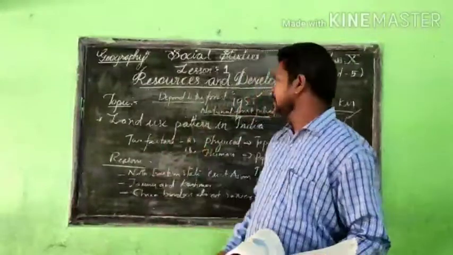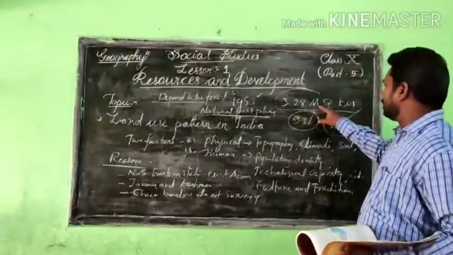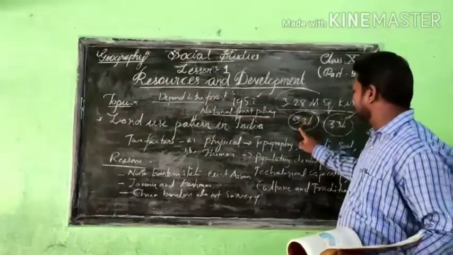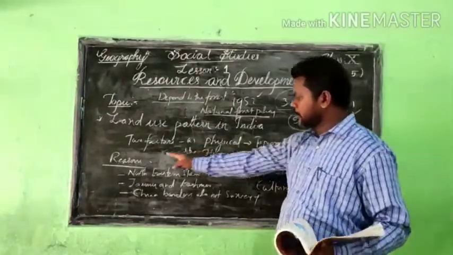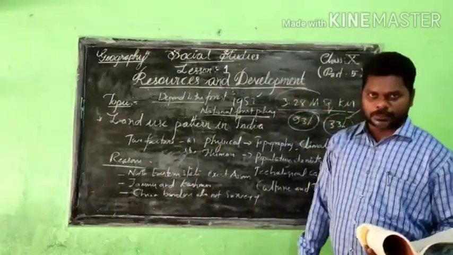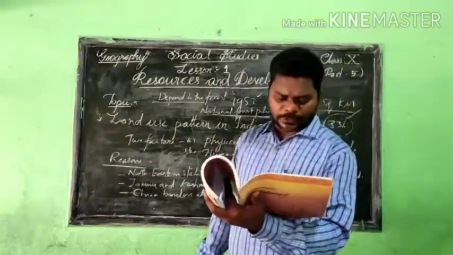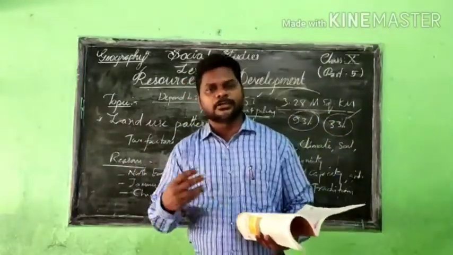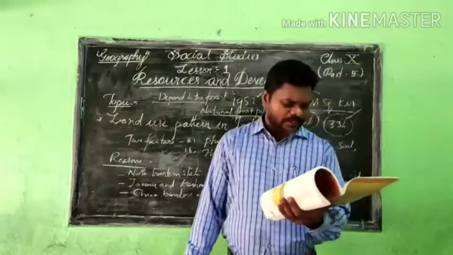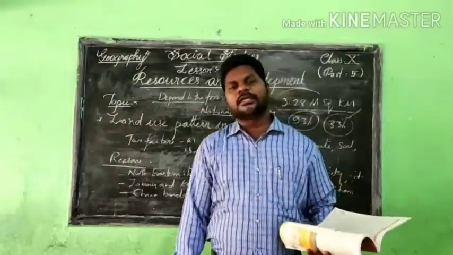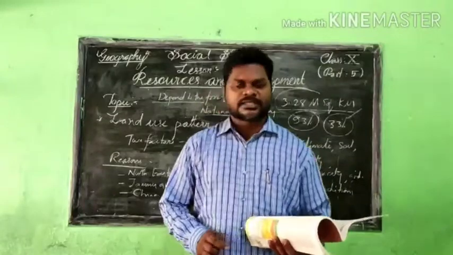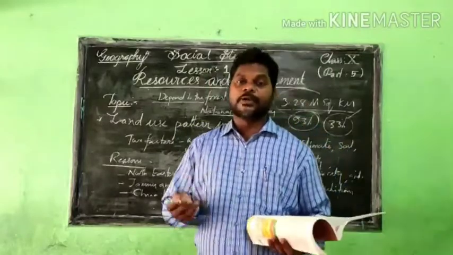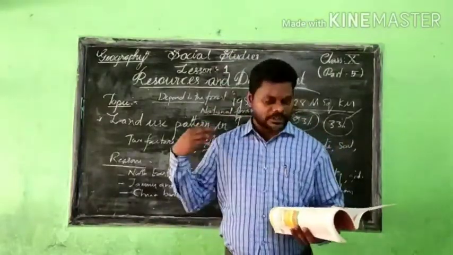So we are saying that 3.28 million square kilometers of agricultural land is needed, but we are using only 93%. The rest we are not using because of the different reasons I have explained. All of this results in land degradation, which is a serious issue for society and the environment. The coming future generation may struggle and be unable to survive because so many problems may arise.